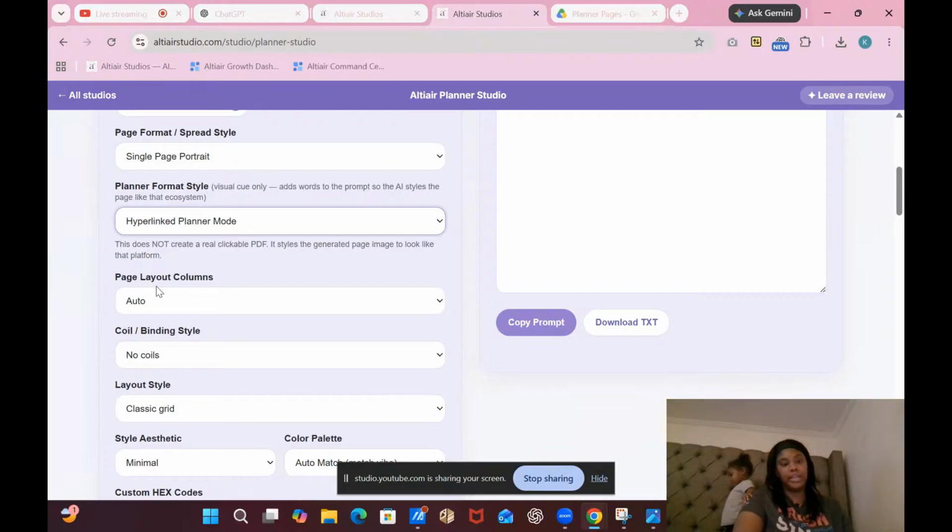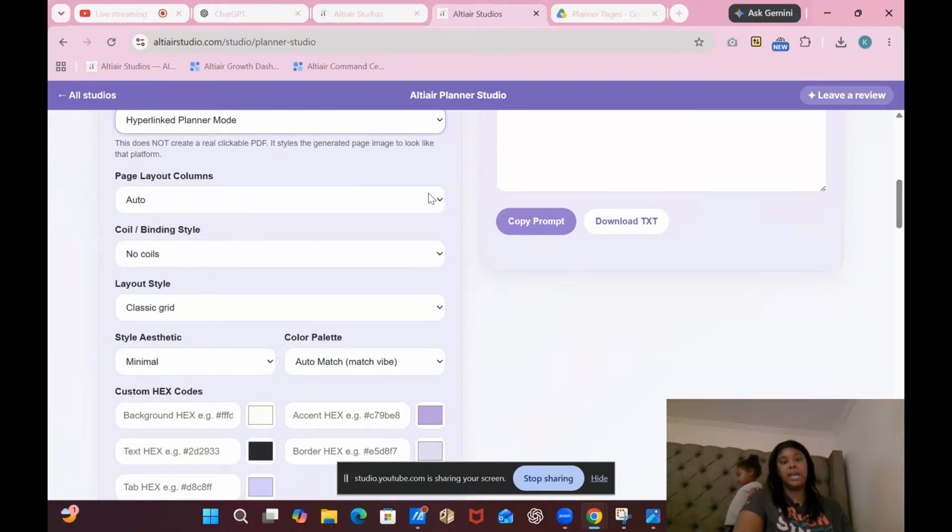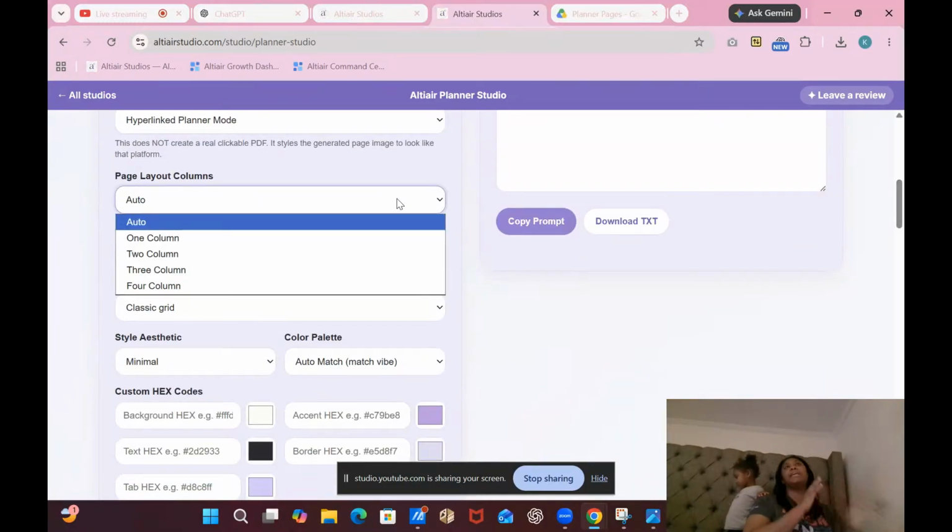so then we're going to go to page layout and columns. Okay, and this is pretty much how many columns do you want within your page. Okay, so you can do 1, 2, 3, or 4 columns, or you can just do auto and let it just go with the vibe. And that's what I'm going to do. I'm going to go with auto. Okay,